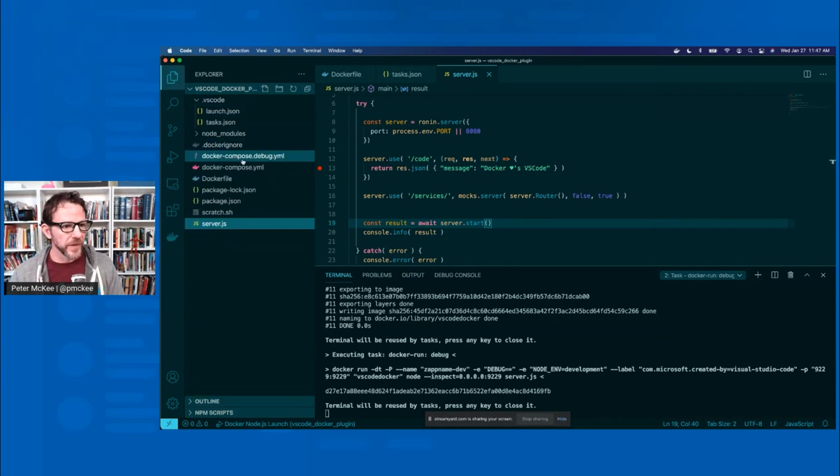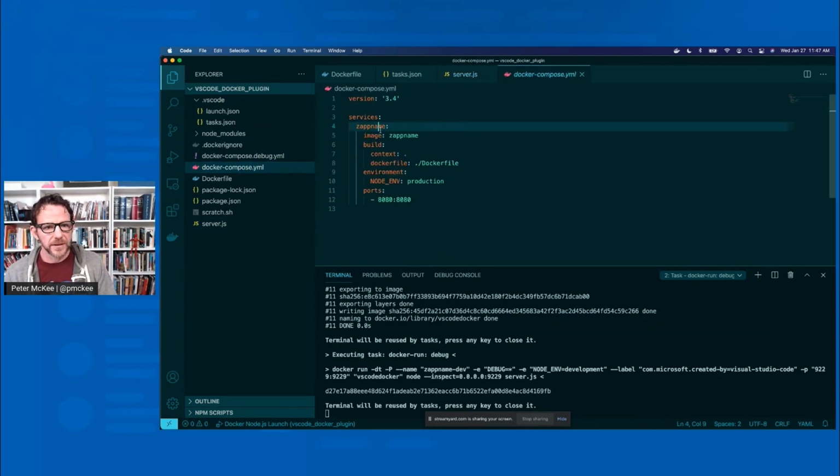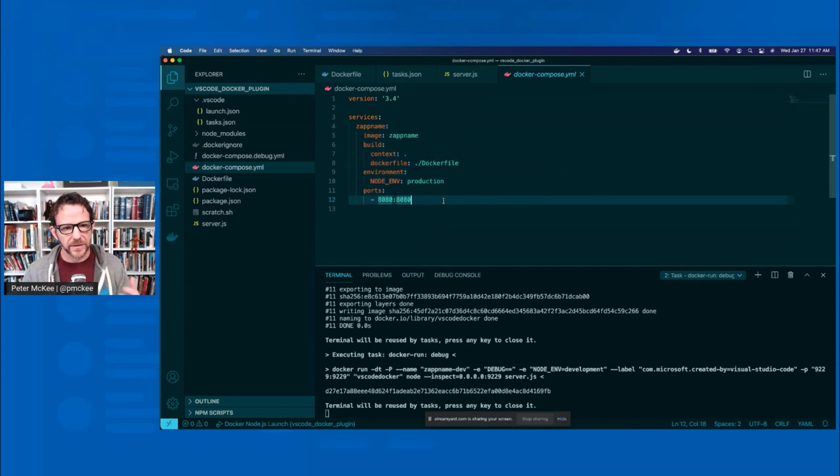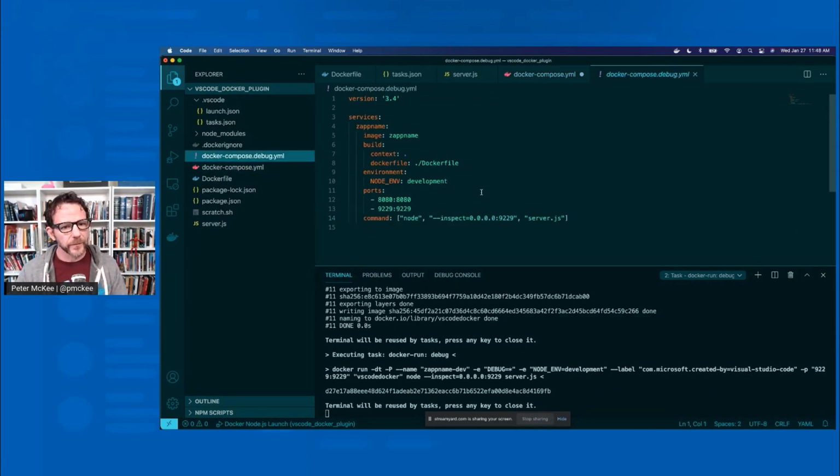Let's come over here. Now we can see it's created 2 files for us. We have a Docker compose. This is everything that we'd be typing out on the command line. Same thing, the extension is running, is all nicely packaged up in your compose file. You can add in any services you need, networks, volumes, those type of things. And then also we have one for debugging, right? And we can see here that it's going to overwrite the command that I have in my Docker file, and it's going to run this --inspect. So we can put it into debug mode and we can debug.